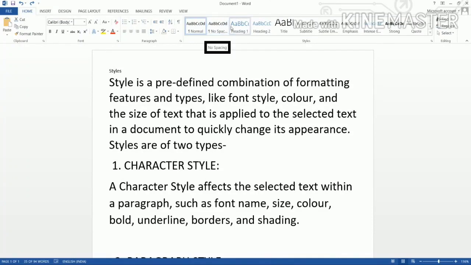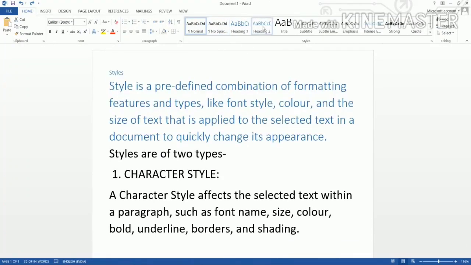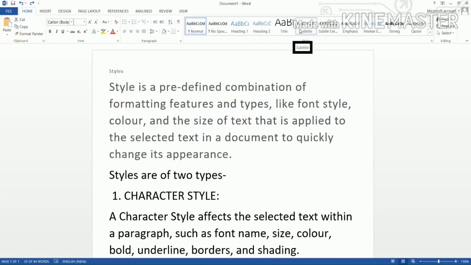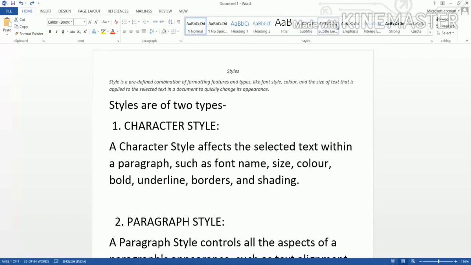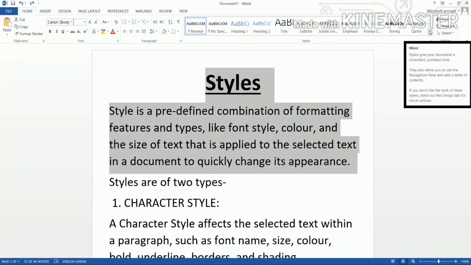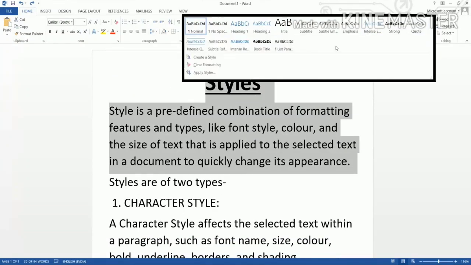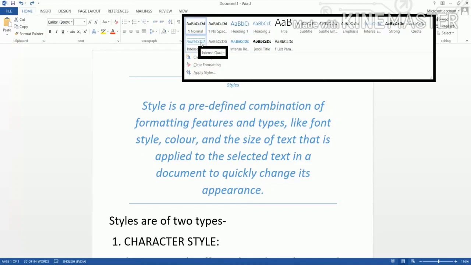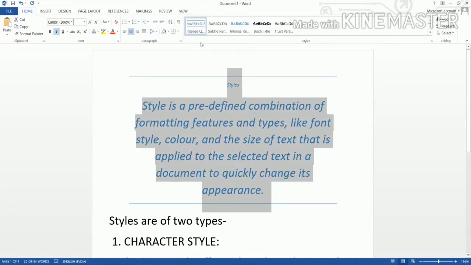जब आप अपने कर्सर को हर एक स्टाइल के ऊपर प्लेस करेंगे, you will observe the change. और इनमें से जौन सा भी स्टाइल आप अपने टेक्स्ट में अप्लाई करना चाहते हो, you have to click it. You can see there is a more drop down arrow here. When you click on it, you will find more styles. Okay, in this way, you can apply built-in styles in your selected text.